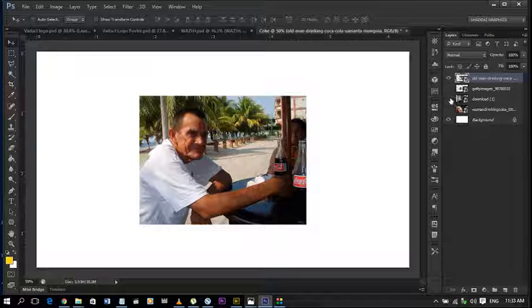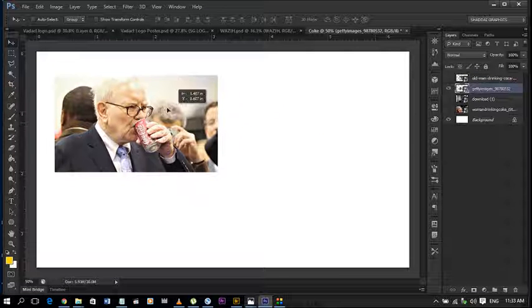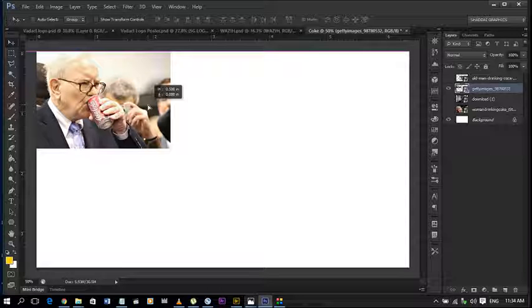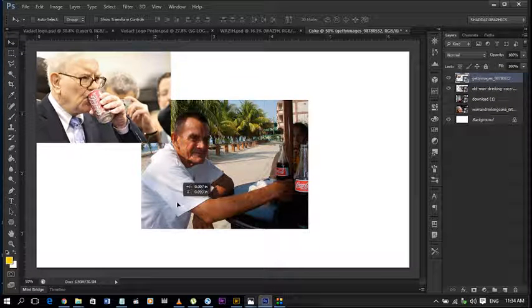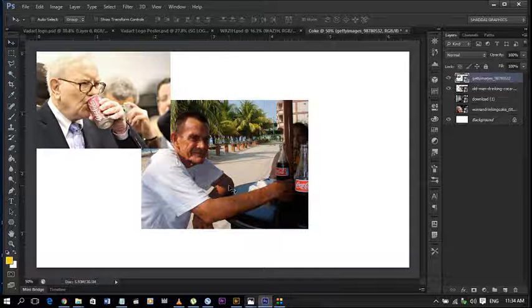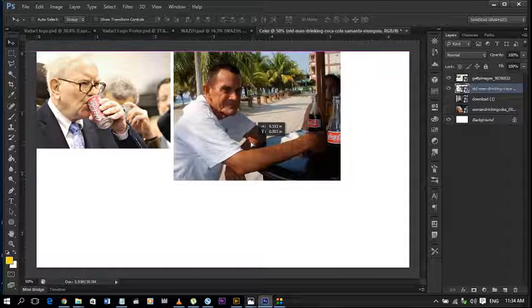I think we should start with, I downloaded this image before realizing it was Warren Buffett. Oh, pretty rich guy. I think he owns Fox or something. Good. So we're just gonna keep him over there. Okay, move his layer up. Bring in this guy. Excuse me. This guy right here,